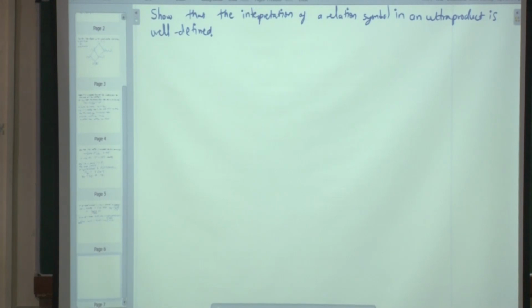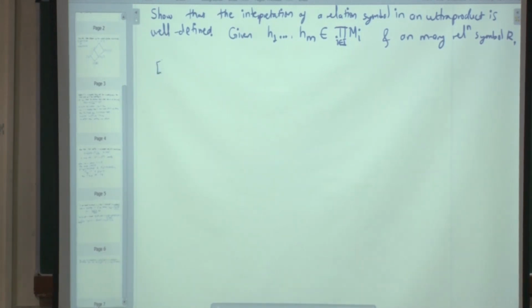How did we define this relation symbol? We said that given h1, h2 up to hm in the product structure, and an m-ary relation symbol R, the tuple of equivalence classes of these choice functions lies in the interpretation of the relation symbol in the ultra product